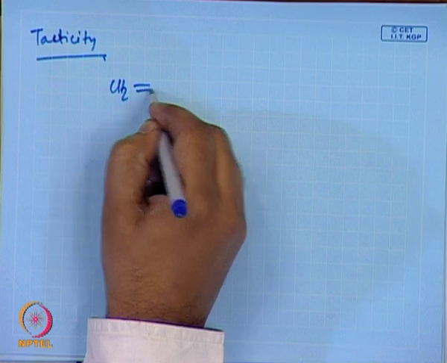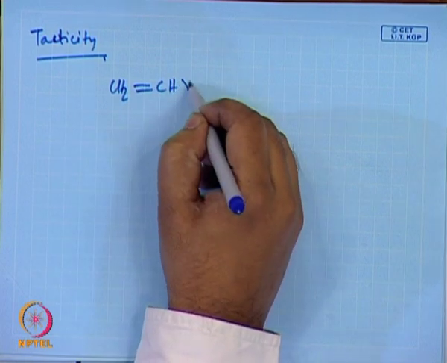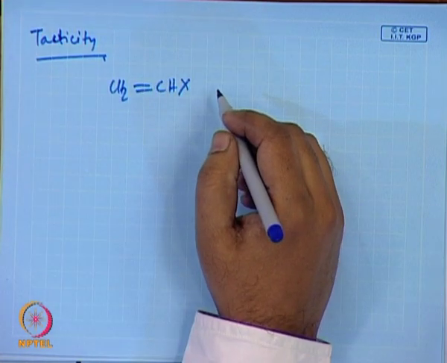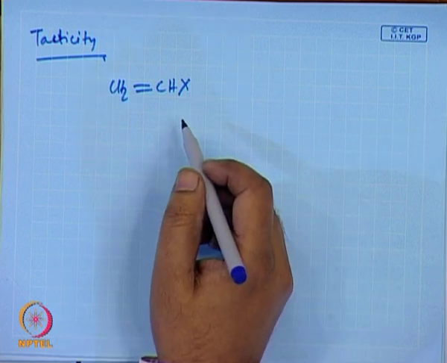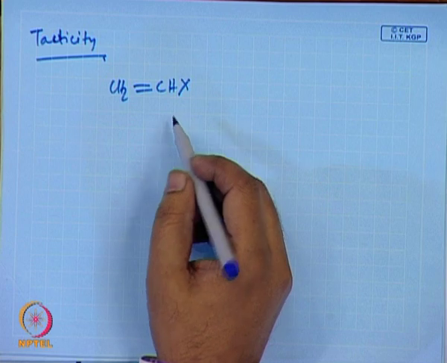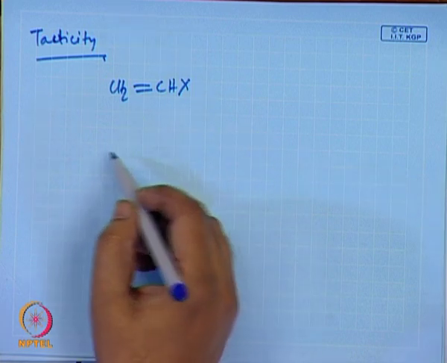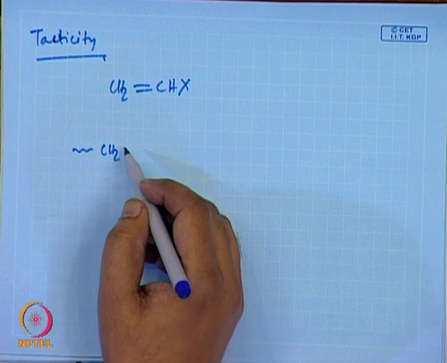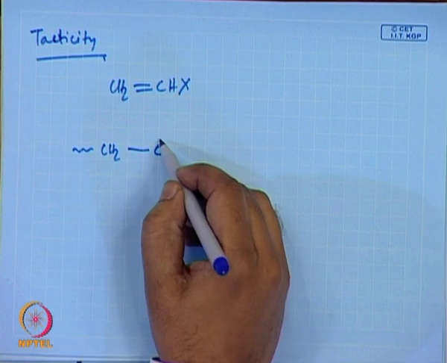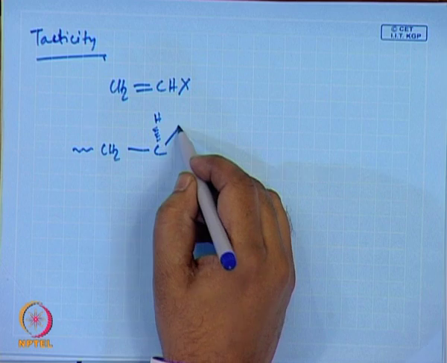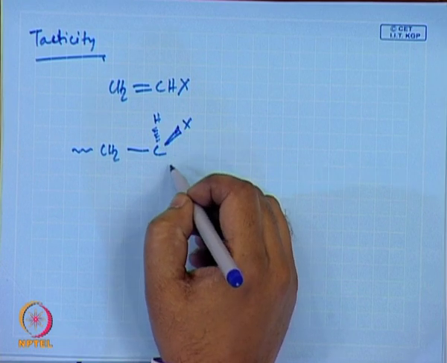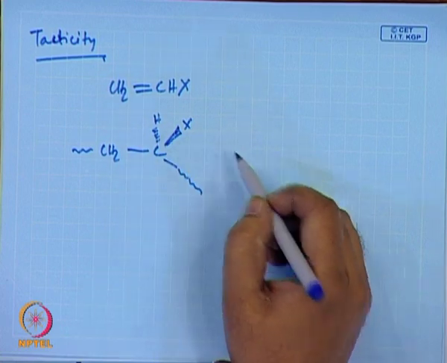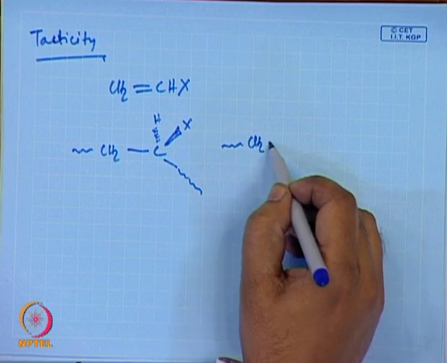If you take a simple monosubstituted monomer, and then consider what happens when this polymerizes. Now, we can consider a polymer where you can have two types of stereochemistry. You can have this, or you can have